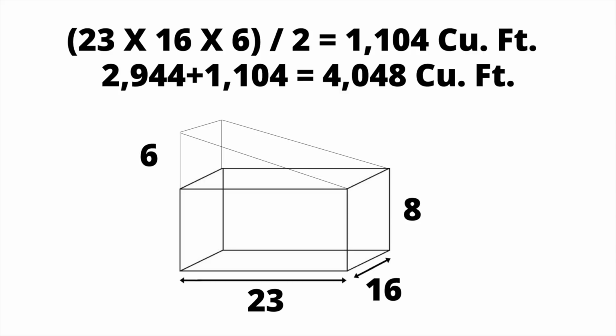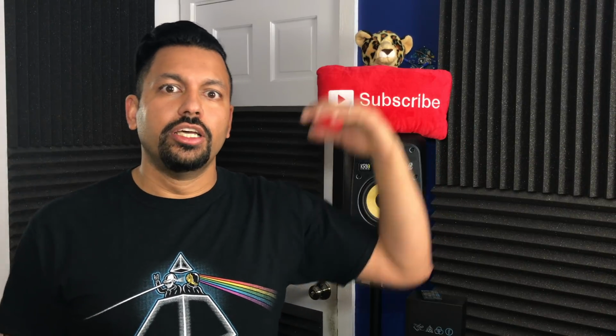All right, so now that we've got the volume of the lofted area, we need to add that to the volume of the regular area. So 2944 plus 1104, and we get 4,048 cubic feet. All right, so there you have it. Now that we have properly measured the room and taken into consideration the volume of the vault,